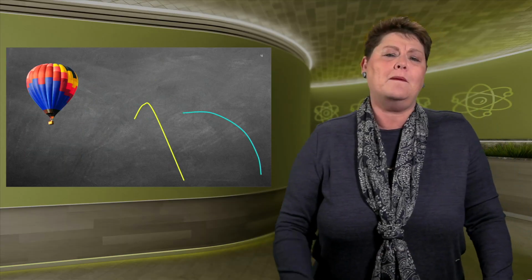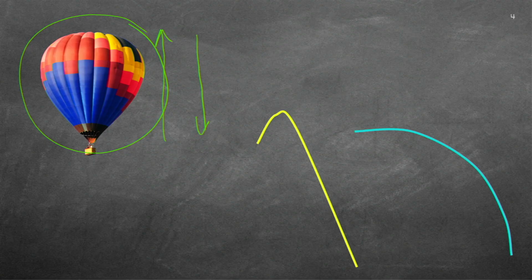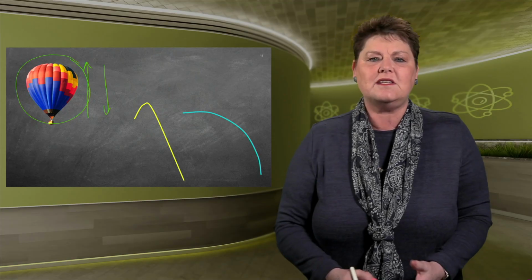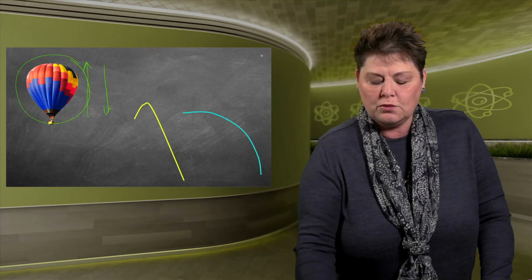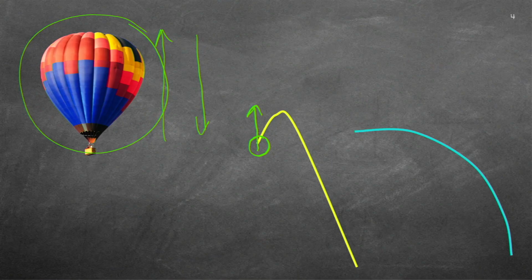A special type of movement will be a hot air balloon. There's a special lesson specifically on hot air balloons because they might be going up or going down, and all these hot air balloon questions have people throwing out their cell phones or something else. That cell phone will first have to go to a velocity of 0 before it starts falling down. It's fun working with hot air balloons, but we're not focusing on that now.